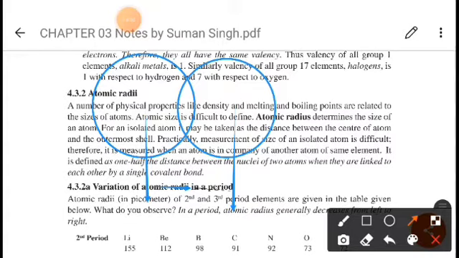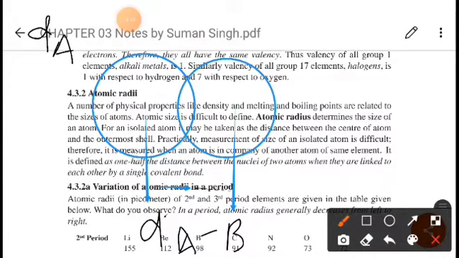Suppose this is a heteronuclear diatomic molecule, and its distance is d A-B. The formula I am writing here will be like this: